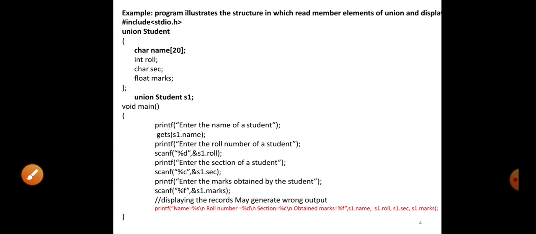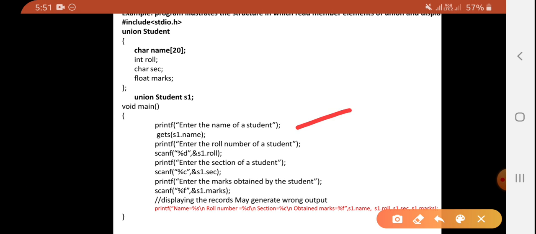Now we are going to write one program. We have declared one union whose name is student. We have already discussed, it contains four variables. We have created one variable of union student. Now in main, just see, we have taken the value of name from the user, then roll number, then section and then marks.